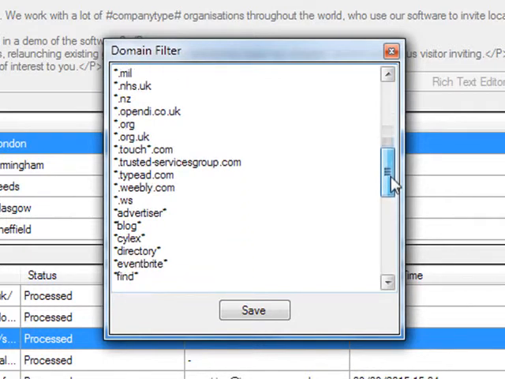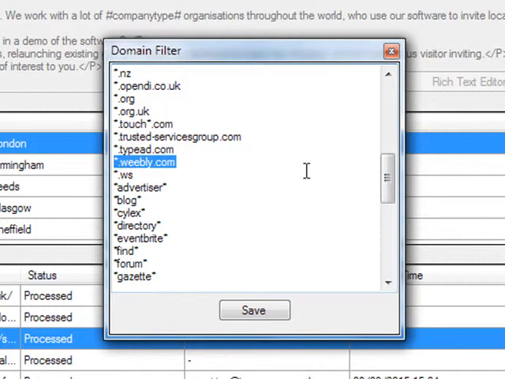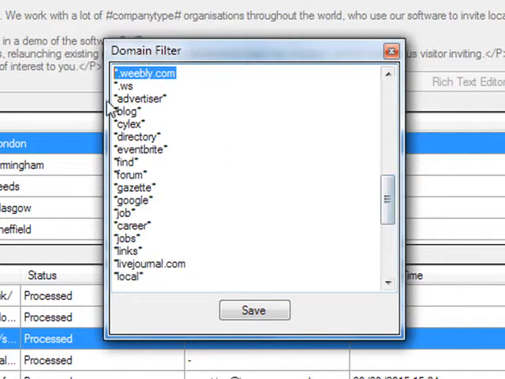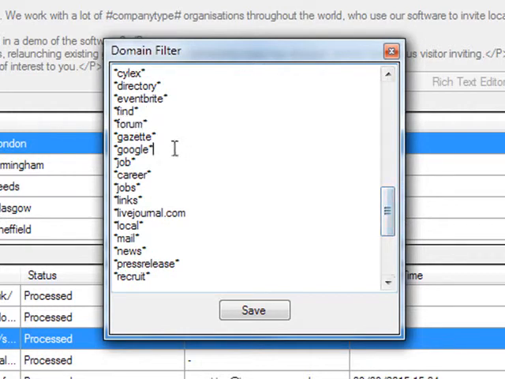So you can see all of the ones that I've added here. I've got star.weebly.com, another blogging platform. And to filter out newspapers, I've put star advertiser star, so anything called advertiser will be filtered out. Star blog star, so that's all blogs. There's Silex, they've got a lot of websites, so star Silex star. Star Directory Star to filter out a lot of directories, Star Eventbrite Star to filter out Eventbrite, Star Find Star to filter out all of those websites such as findprofessionalnetworking.co.uk, Star Forum Star to filter out forums, Star Google Star will filter out all Google addresses,